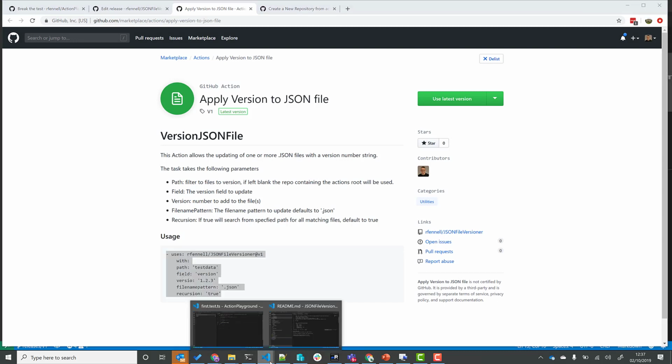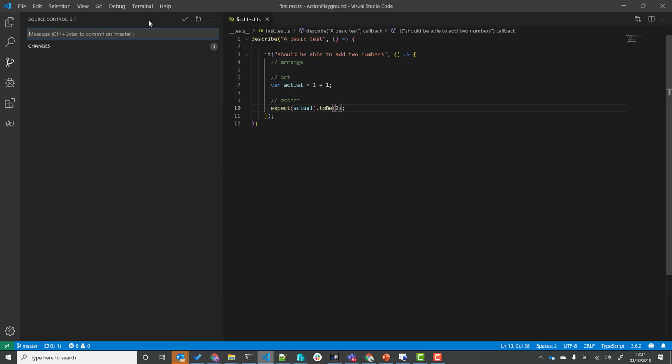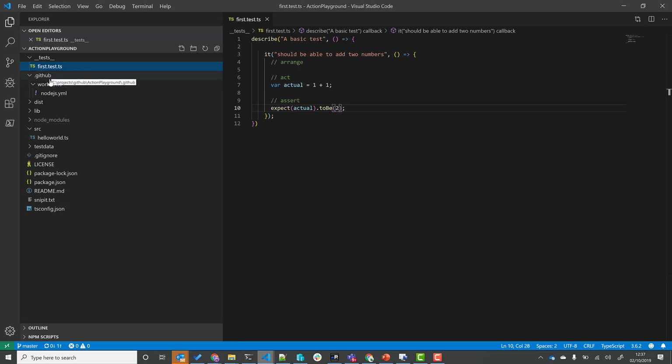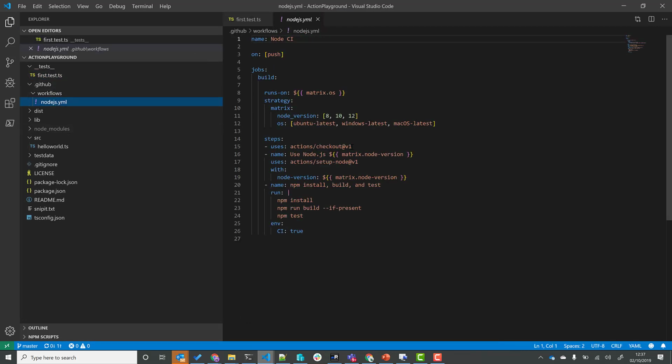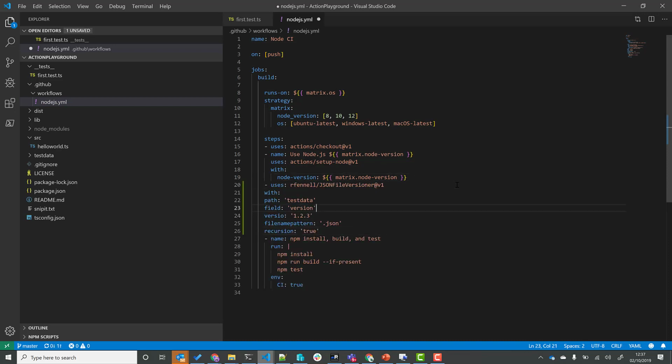And if we now drop back into my actions, my very first sample that we had, if I wanted to add in my step, I can put that in, and I'd like to version the files before I do the build. So we put that in. So we've added in my action. We told it what path we're going to look for. We want the version that we want to inject. We're going to look for all the .json files, and we want it to do recursion. So if I save that,